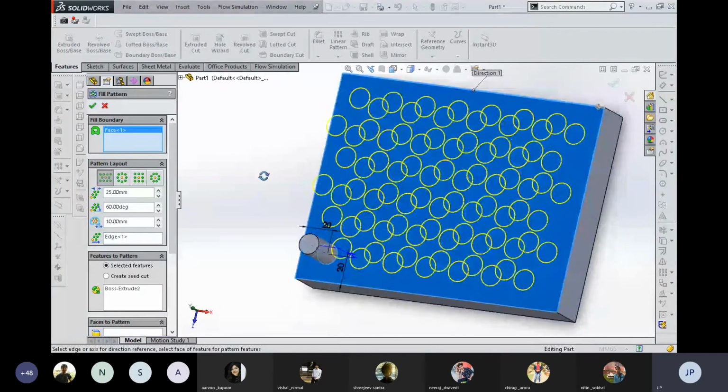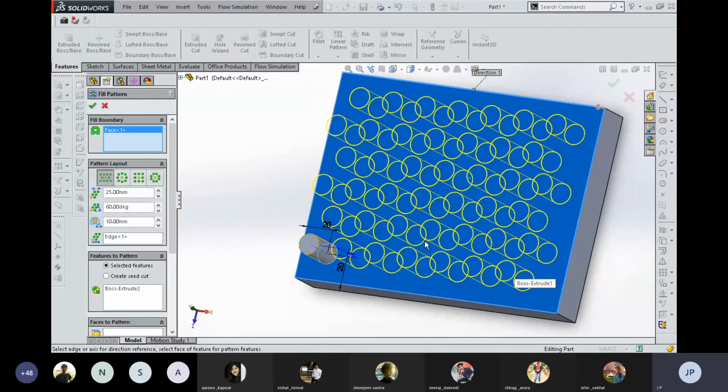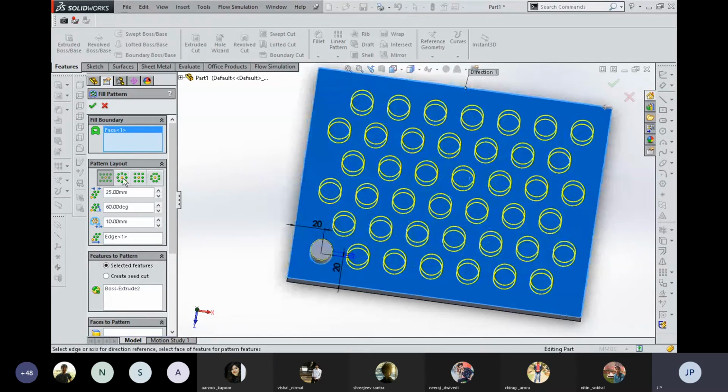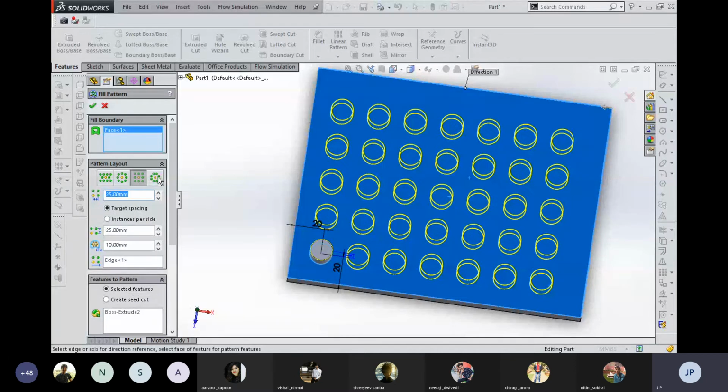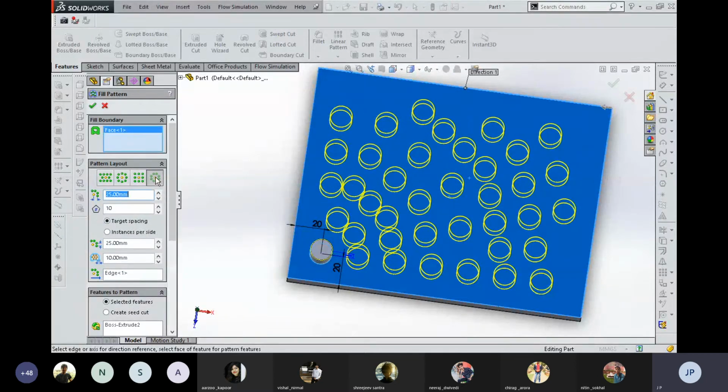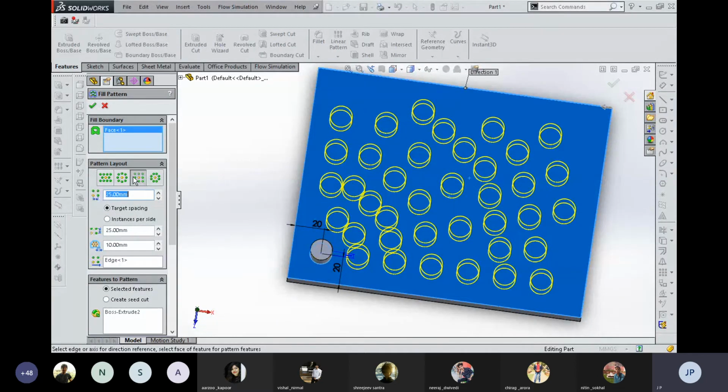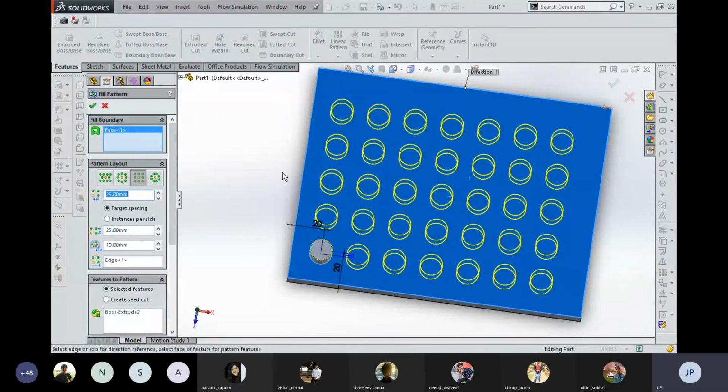So you can see that I just selected this parent cylindrical component, and then in the fill boundary I selected the face where, as per population available within this overall area, which is calculated automatically, it populates within the region in a rough manner. Okay, there are multiple patterns which are available in this module where you can populate these components as per user need. You can see in this square module that each component is populated as per your need.